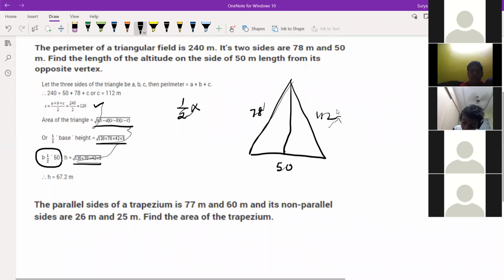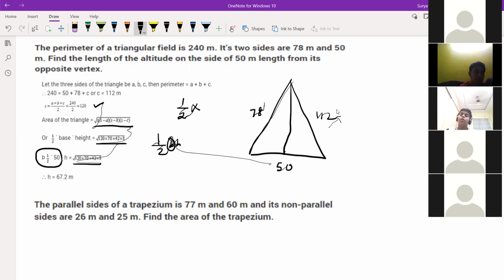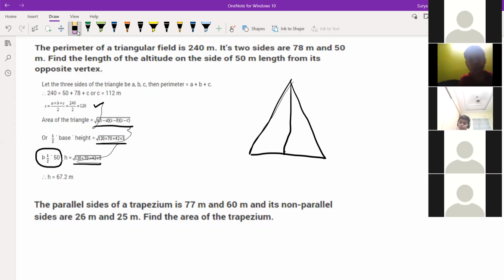And then we half, just transpose it to the other side. Then not transpose, half base into height. Base already is given, that is 50. Yes, sir. And height you have to find, it's easy only, no? So half base into height is nothing but the area by 25, the area by Heron's formula. You're finding that same only will come. So half into base is 25.